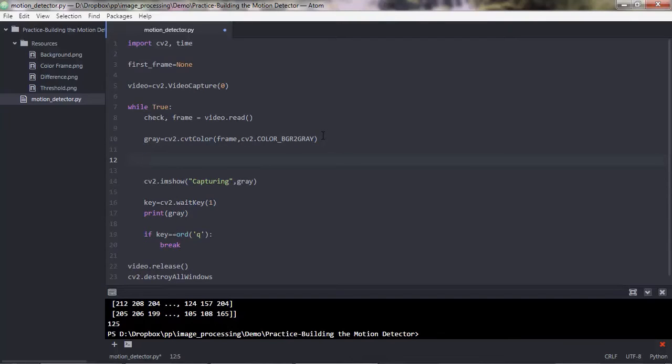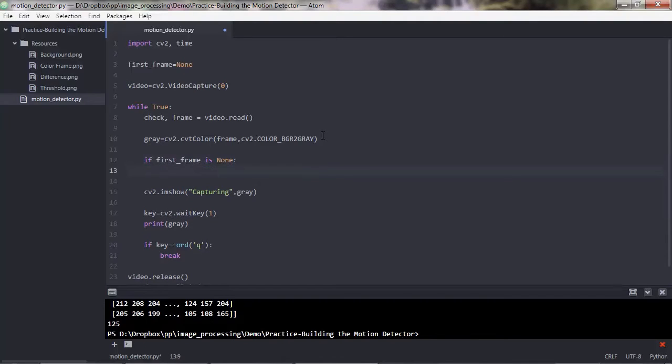Let me write the conditional first and then I'll explain to you what this does. So we want to check if the first frame is None, and if it is None, we will assign the first frame